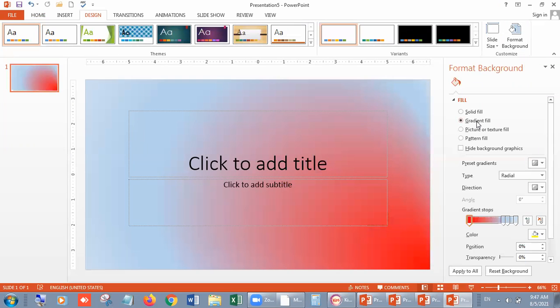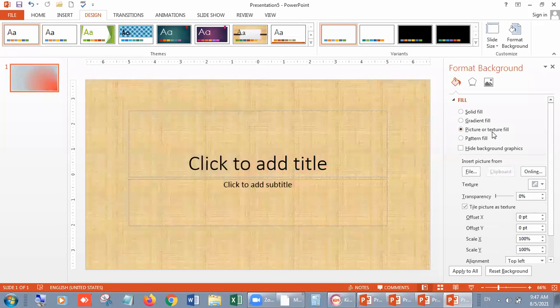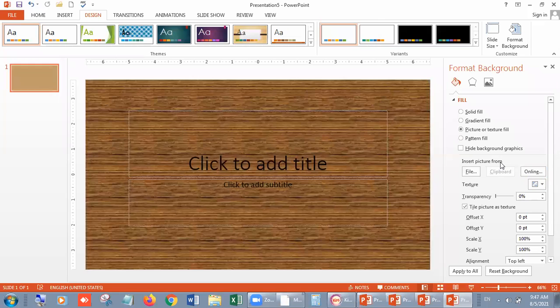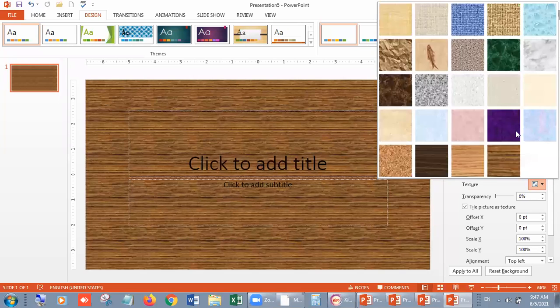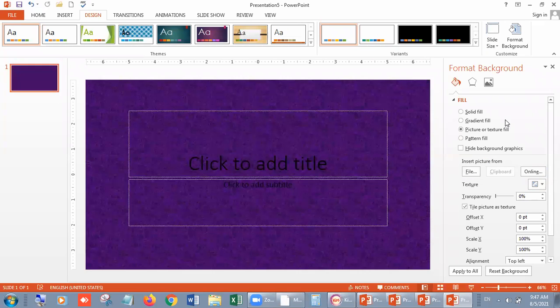And if you want to change its color ratio, then you can choose the gradient fill. Then picture texture, there are a lot of options in it. You can see. Whenever you will try, you will find all the commands very easily.